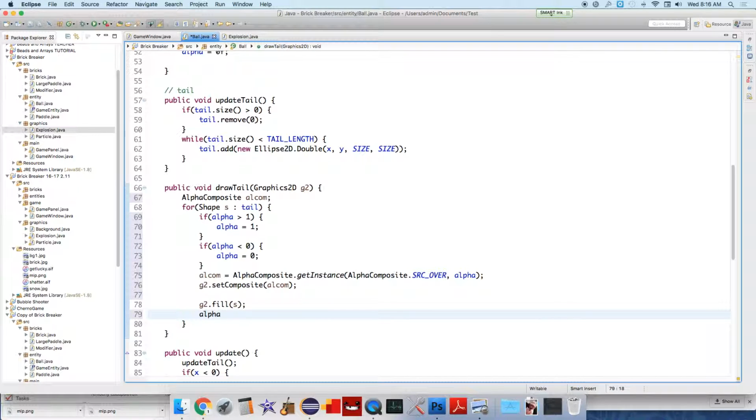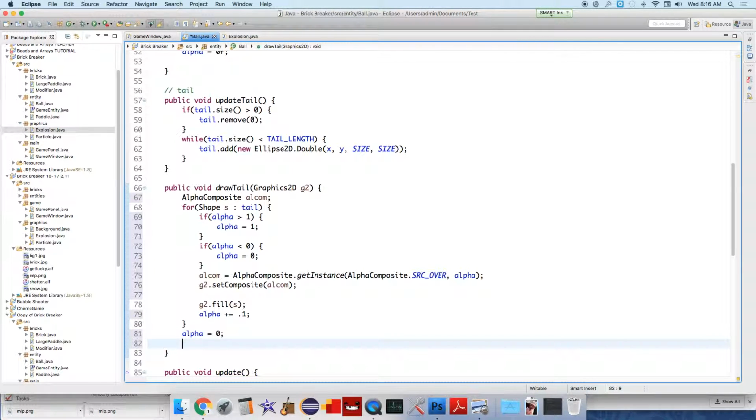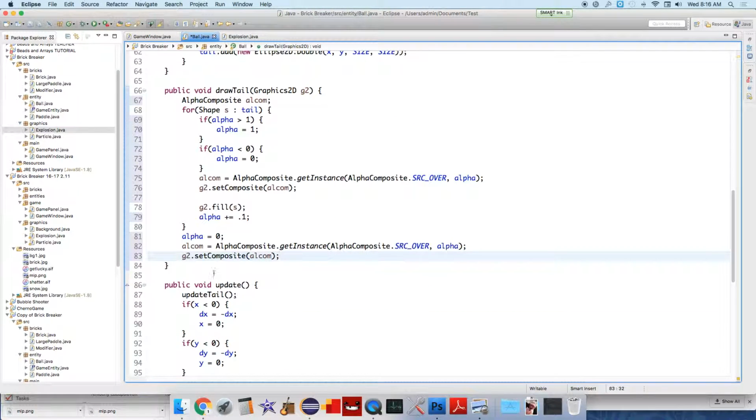So alpha minus equals 1/10, so it's going to decrease in transparency by 1/10 each time. And then at the end, we just need to set back the value of alpha to 0. Oh, it shouldn't decrease, right? It should increase, sorry. Alpha, yeah, it should go up, because we're drawing the tail from the back to the front. And then at the end, we want to reset the value of alpha to 0, and say alcom, oh, I'll just copy this. Alcom equals new, because we want to set the graphics tool back to fully opaque, so the rest of the game can use it. Alright, and so now if we run this,